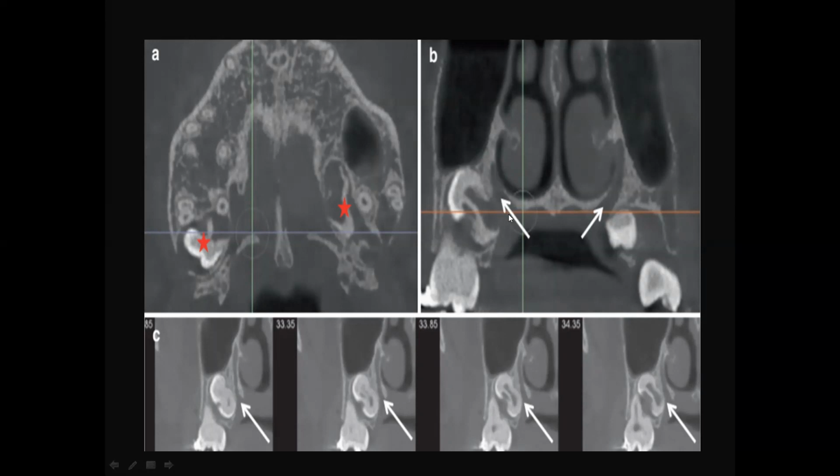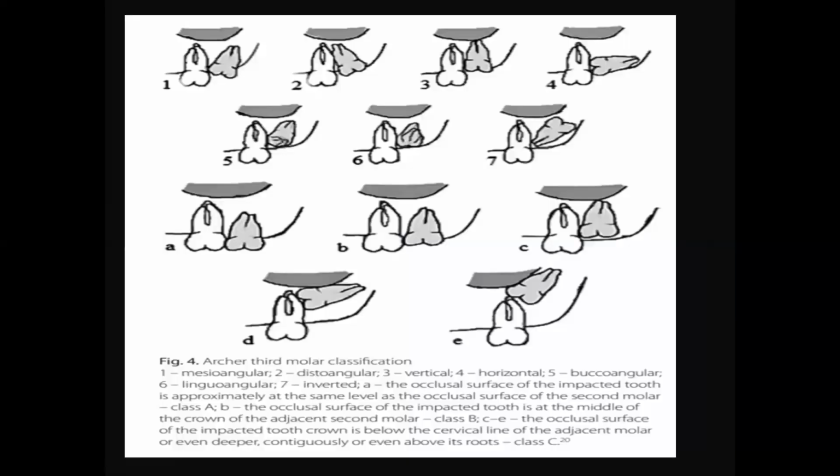The palatine vessels are present, the pterygopalatine shadow is there, and there are the greater palatine vessels. There is a possibility that during the extraction you might harm this structure and there could be profuse bleeding. Now we know that the maxillary sinus is the most forgiving anatomy present in our body.